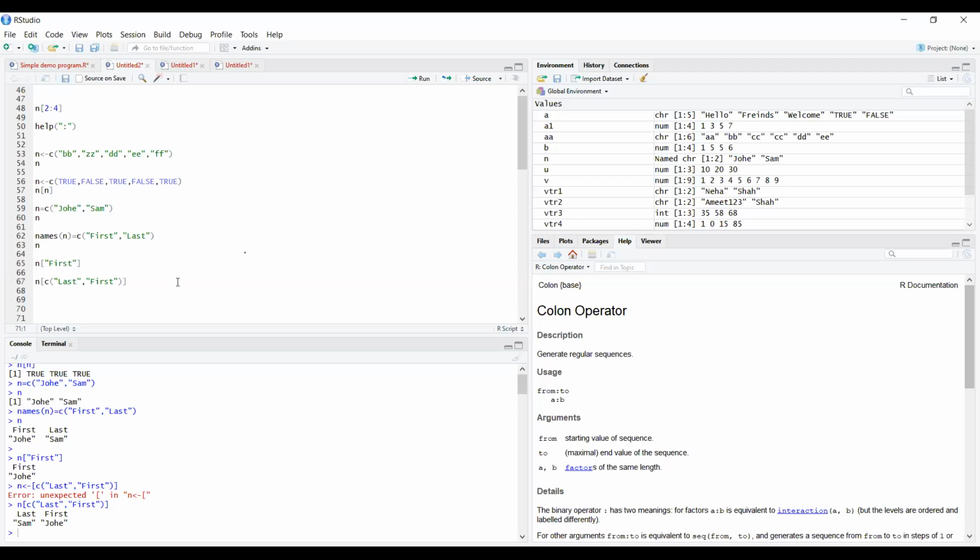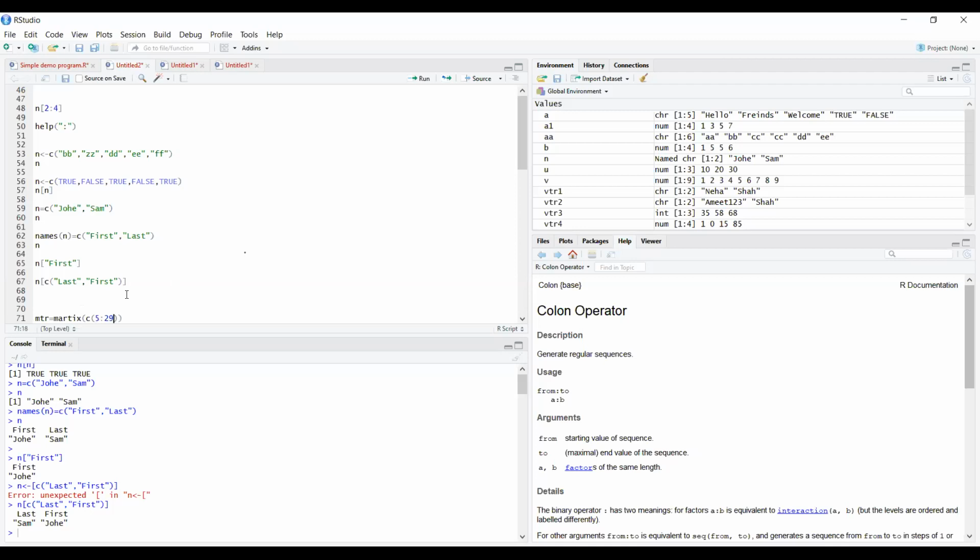Okay, just wait a minute. I will tell you how to design the matrices. You can use MTR equals matrix, in the bracket c, bracket 5:29.